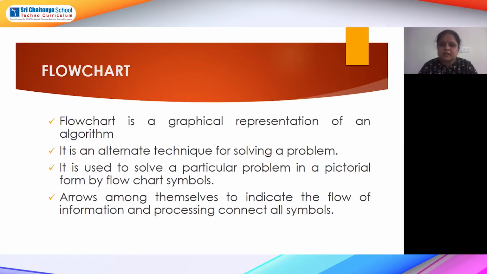Okay. So here as we are using particular symbols to show some particular task, by seeing the symbol only we will come to know what is happening in each step, like that the user can easily understand. And we connect one symbol to another symbol using arrows. So these arrows will show us the flow of information, how it is going from top to bottom, or how it is further calculating the next steps.